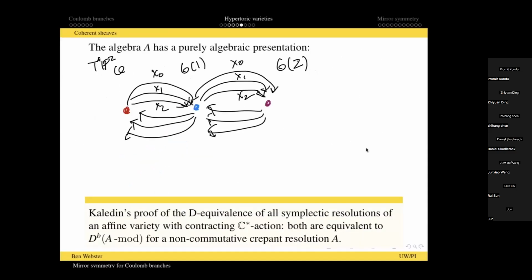And then the maps back the other way, well, they're given by d/dx0, d/dx1, d/dx2, which if you think carefully, you can interpret as sections of O of -1 on T star P2. Right? And the easy way to remember this is that xi d/dxi is an actual well-defined vector field. And so dividing that by xi must give you a section of O of -1.